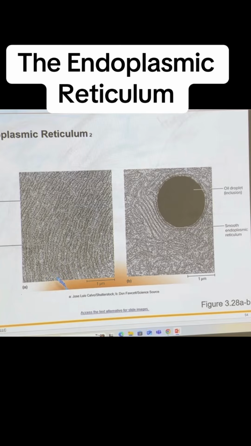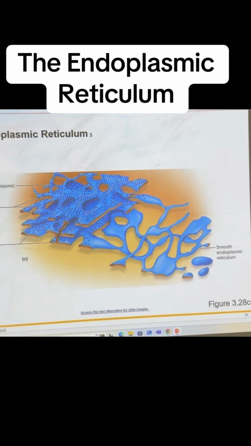But the smooth endoplasmic reticulum doesn't make any proteins. The free-floating ribosomes, the protein they make is just going to be used locally inside the cell. See, that's the rough endoplasmic reticulum. The smooth endoplasmic reticulum is important for